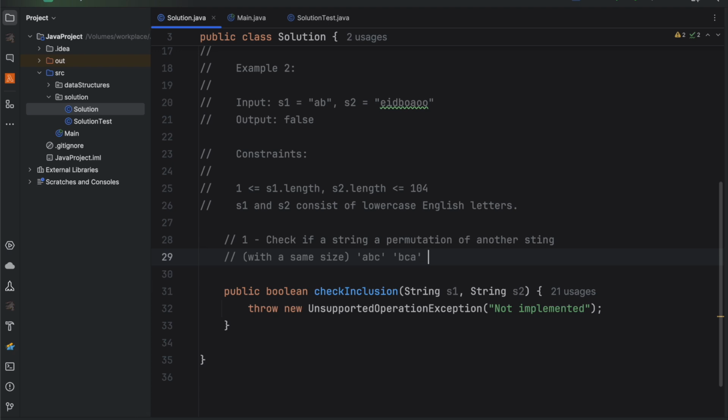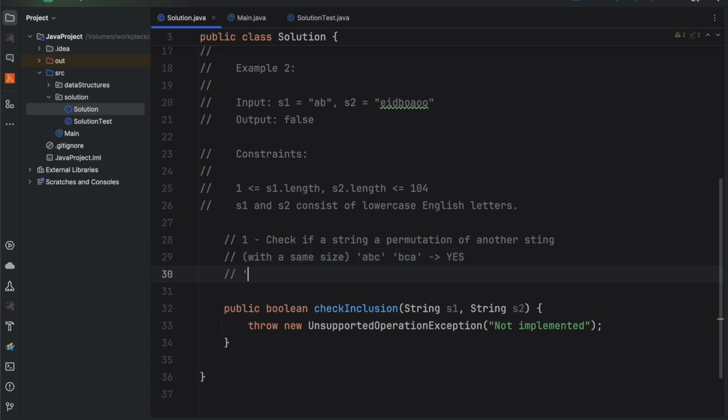For instance, in this case the answer would be yes. But on the other hand, if we take string ABC and string ABD, the answer would be no, because any permutation of this string ABC, and the permutations would be